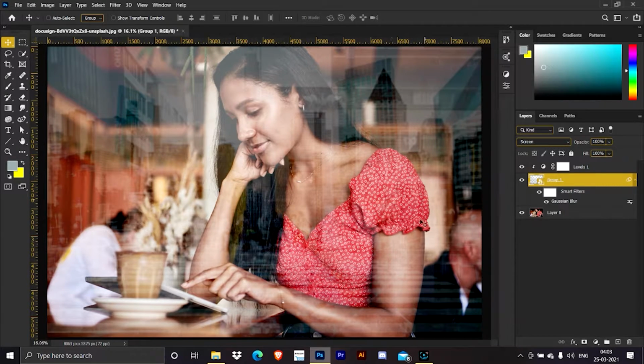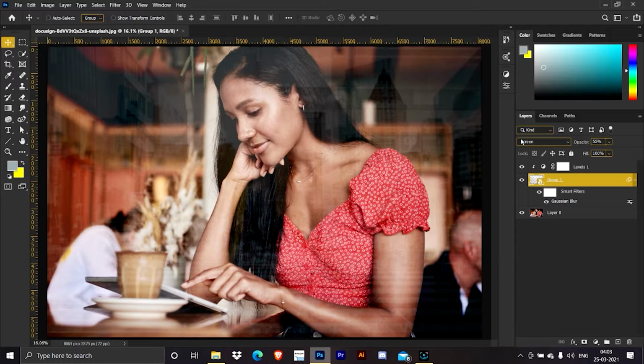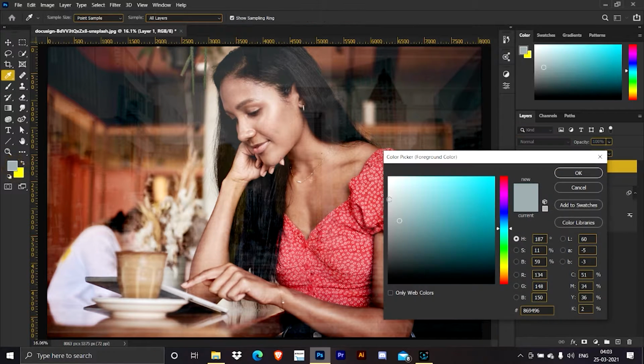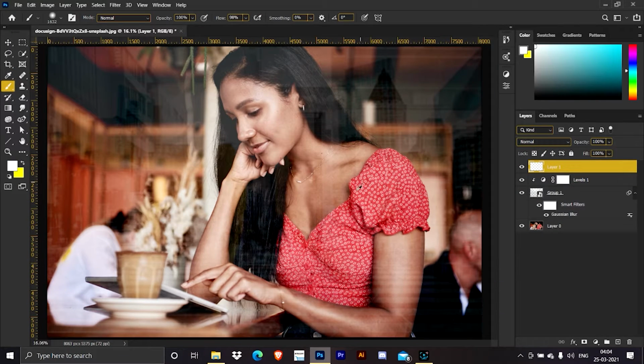So still it is looking too much, so we can do one more thing, that we can decrease the opacity a little bit more. 55 looks fine. This is a very subtle glass effect. After this we'll create some highlights on the glass. For that we'll take a layer, take a brush, change it to white or something off-white. I'm taking this off-white here, making the brush larger, softer and dab once here.